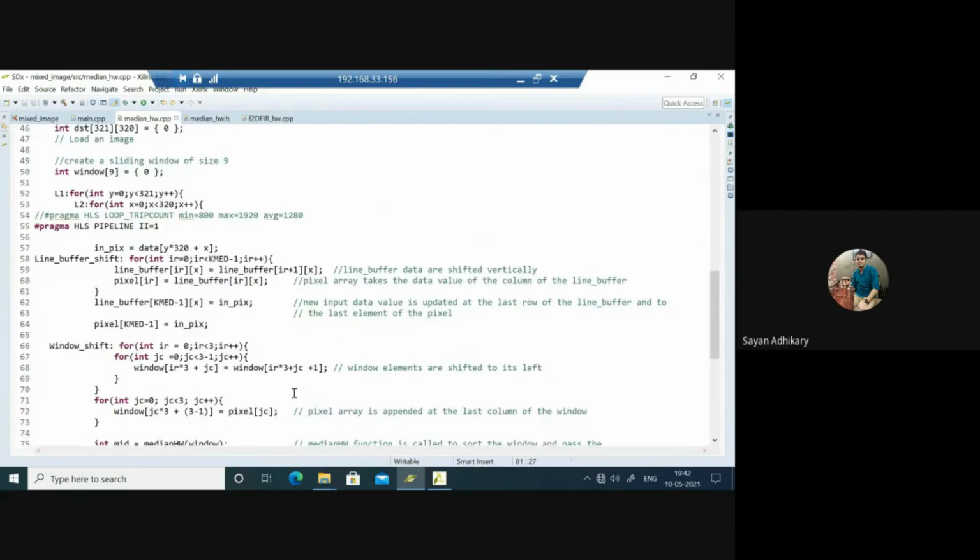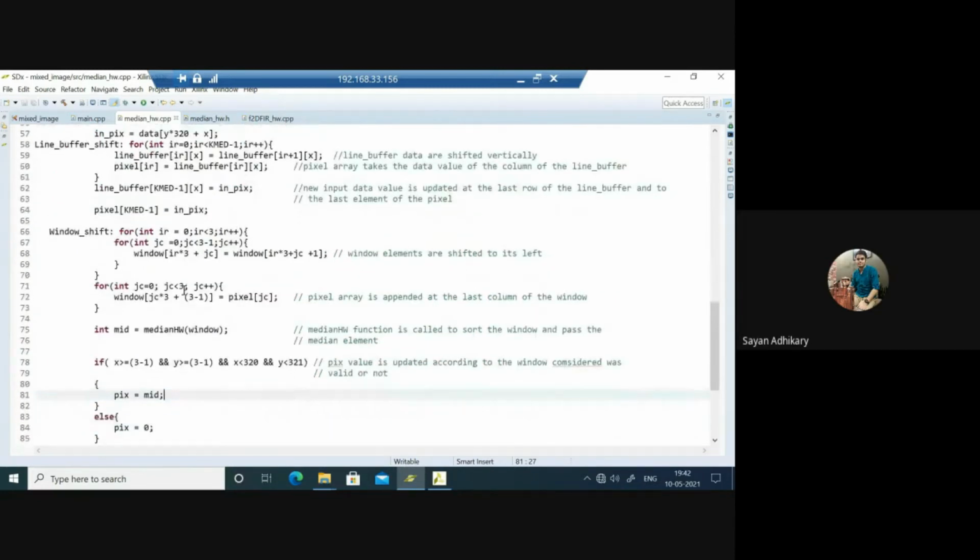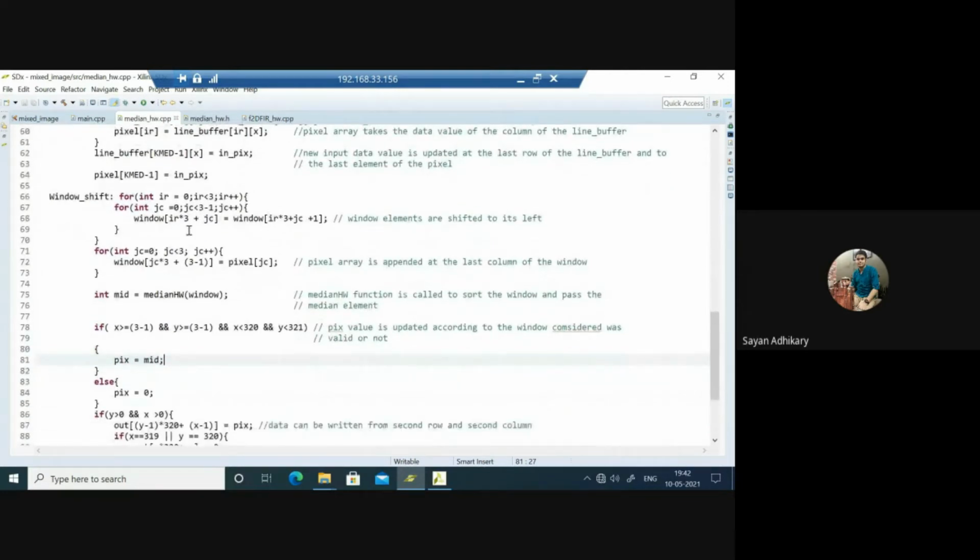Next, there is this window shift loop, which shifts the contents of the window array towards its left, and after this iteration is over, the last column of the window is updated with the pixel array.